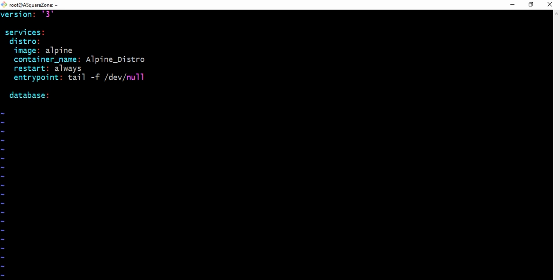Here I am providing the image name as Postgres, version latest, and I am specifying the container name as PostgresDB underscore DB, and here I am specifying volumes as well.